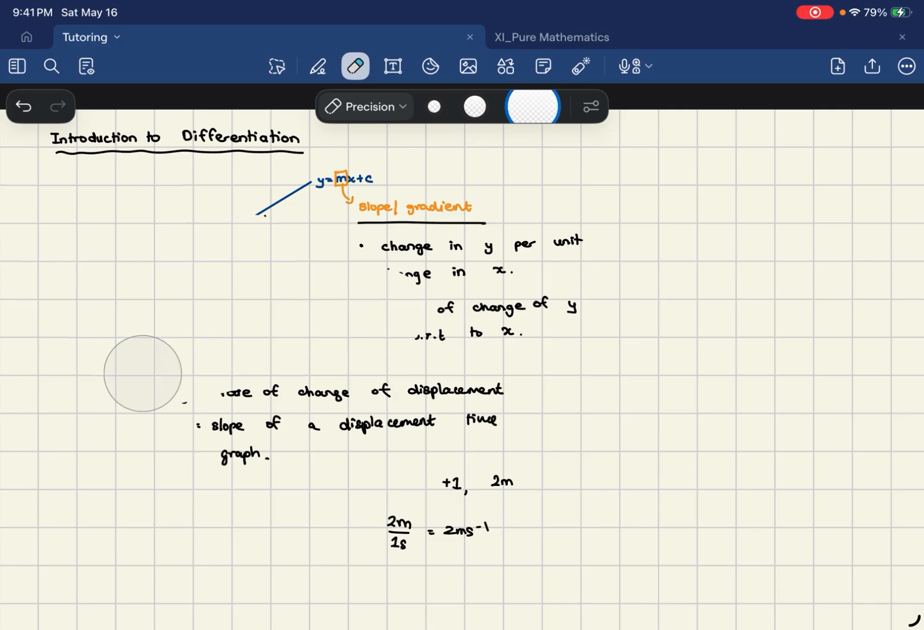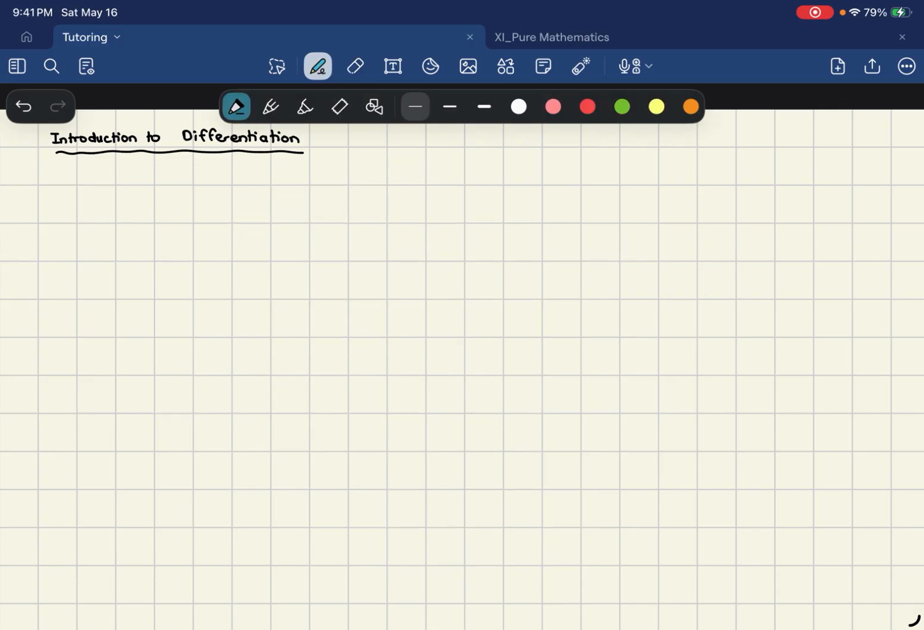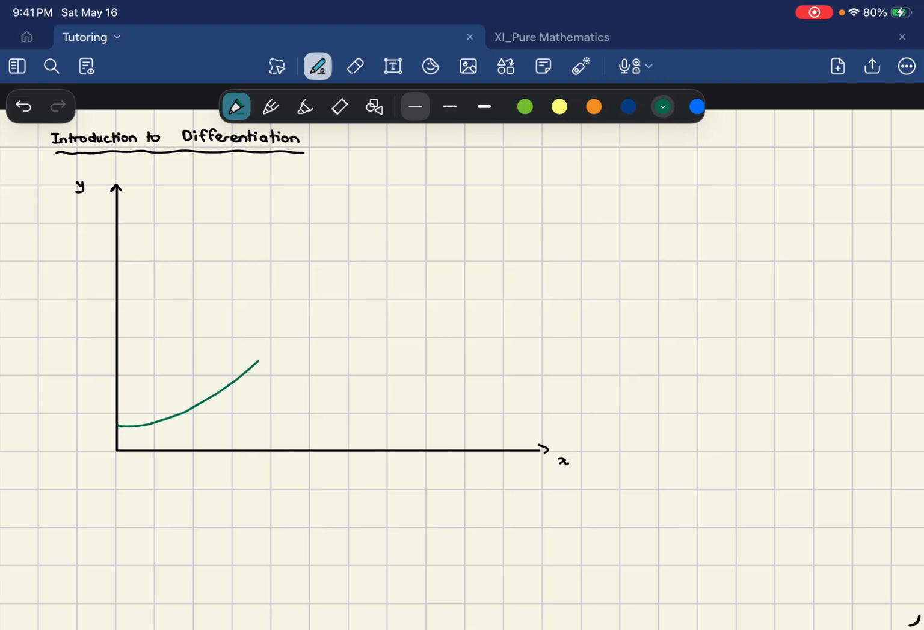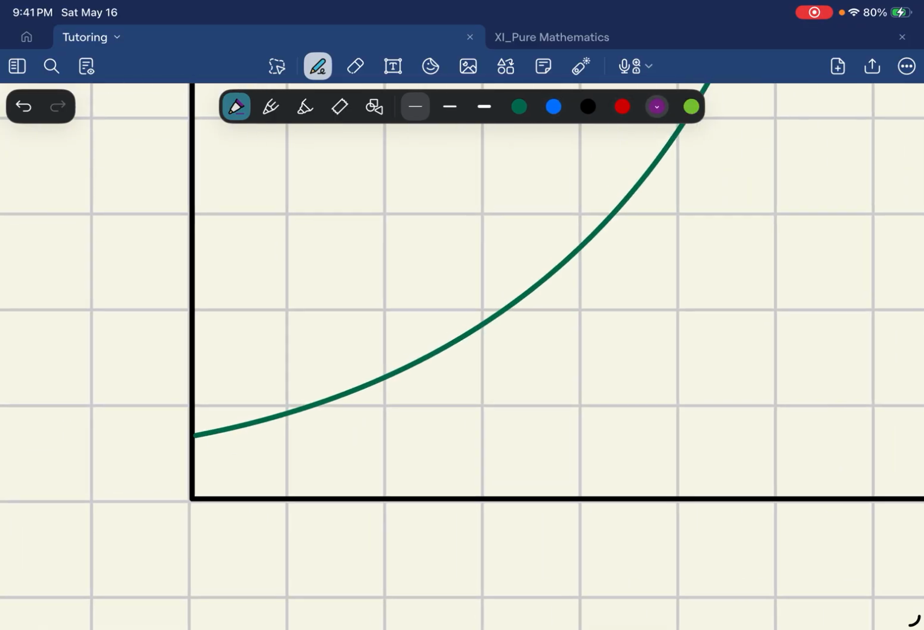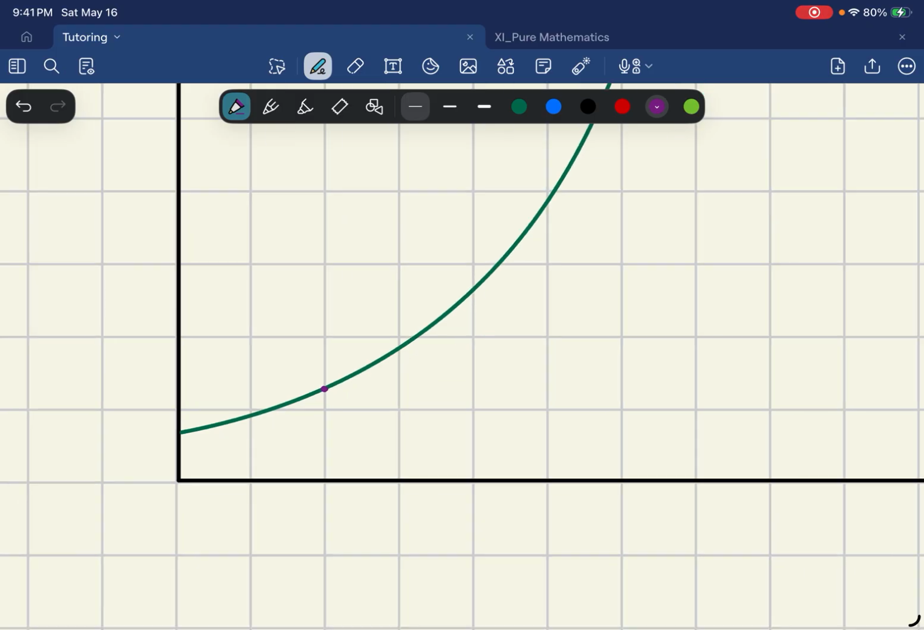However, we don't always have a linear graph to work with. Sometimes our displacement-time graph, or basically any graph that we're looking at, may not be linear. So it could be something like this graph in green. Now let's look at the slope. Let's look at the slope at this point. The slope is going to be represented by the tangent line at this point. If we just look at how this curve is changing here, as represented by the purple line,